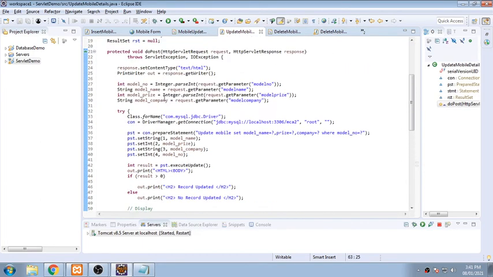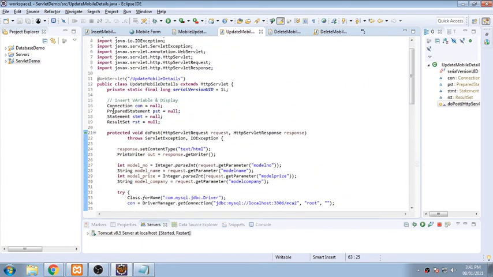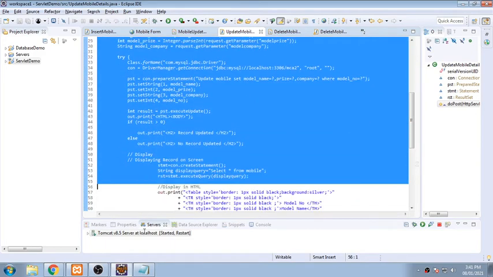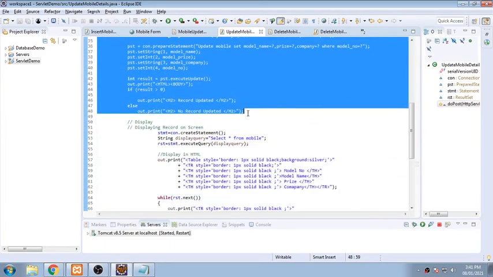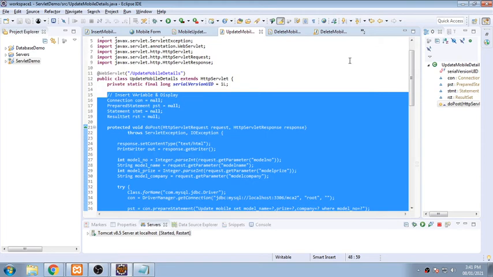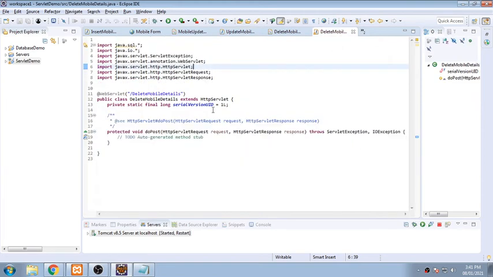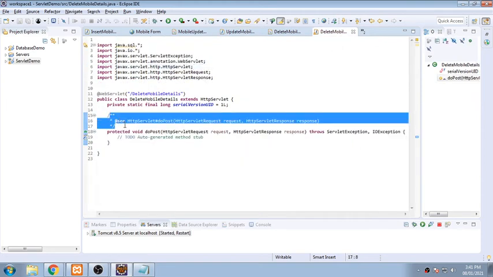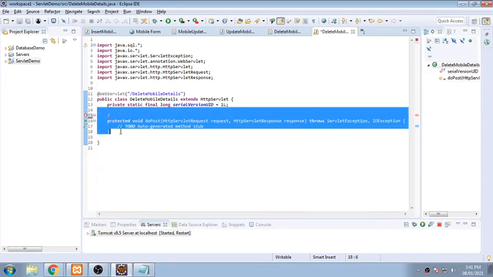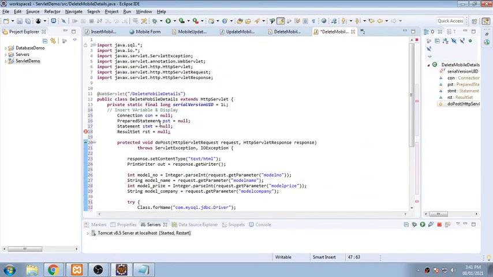Now here I copy this part because it is common for everybody. Till here I will copy it and paste it here.